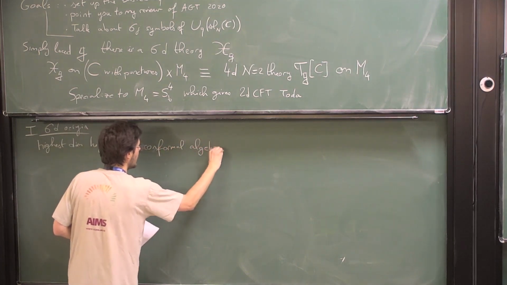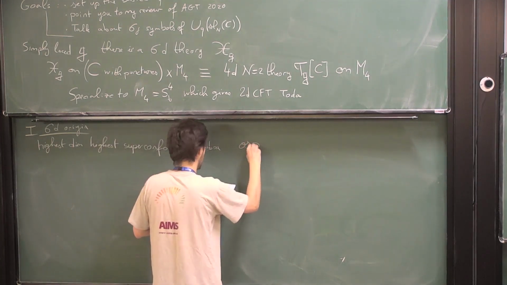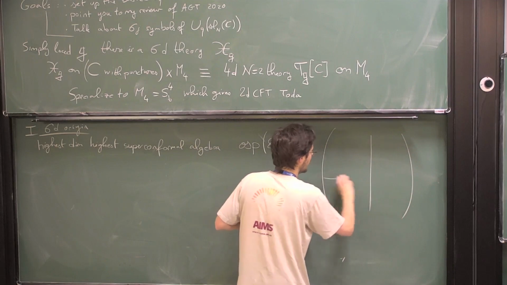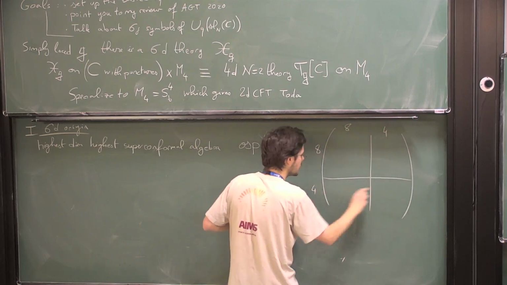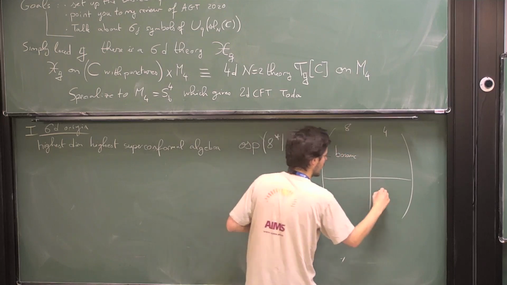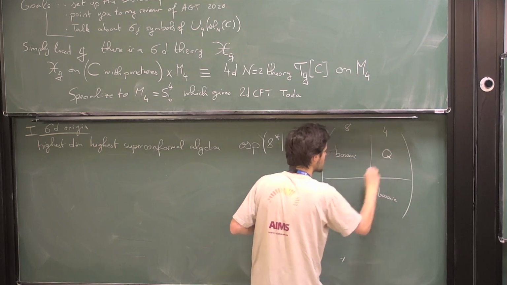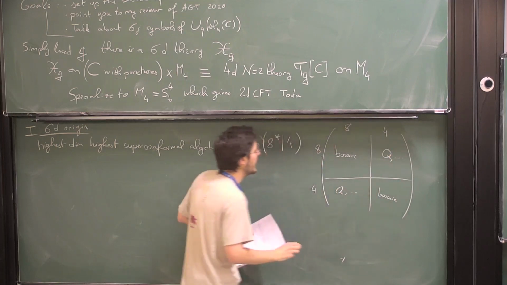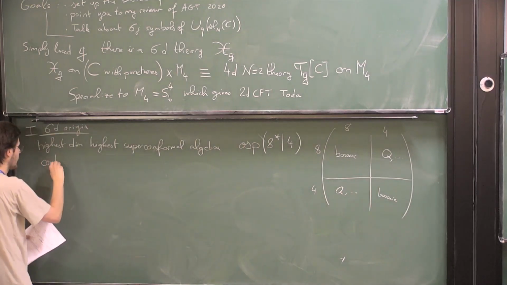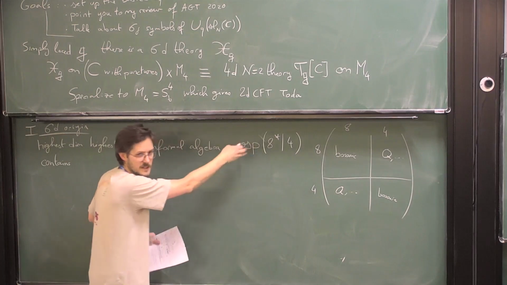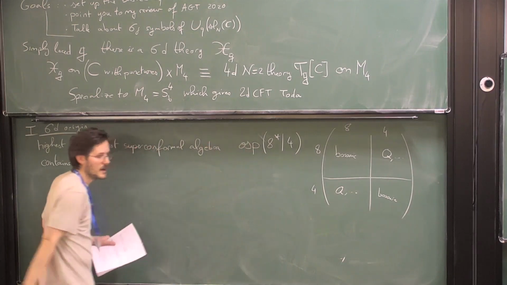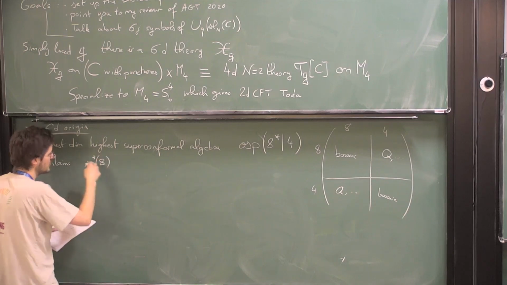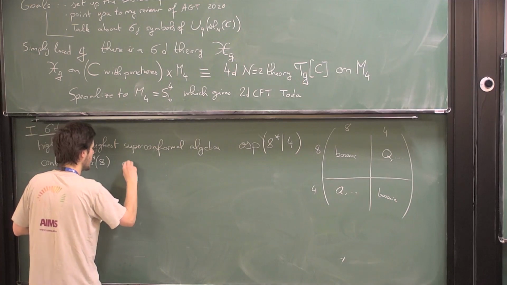And the algebra is denoted OSp(8*|4). You can think of it as some kind of super matrices, like 8 times 8, 4 times 4 pieces. This is bosonic. Same thing here. And here you have the supercharges, Q and S. So this contains these types of matrices with some reality property that's analogous to symmetry in the algebra SO. So this contains SO*(8), which is a real form of SO(8), which is the conformal algebra